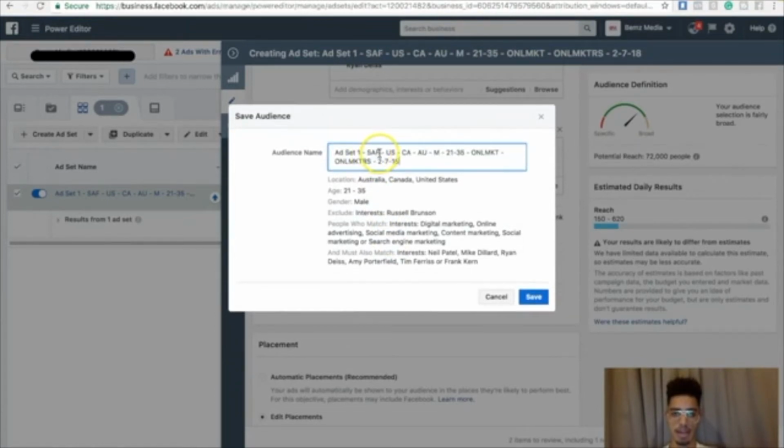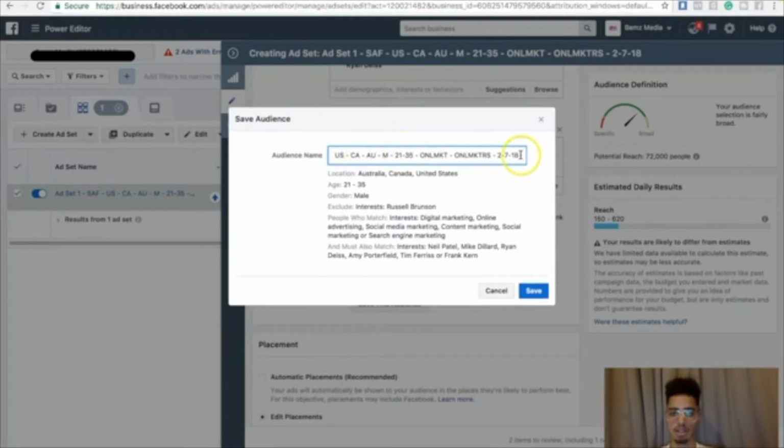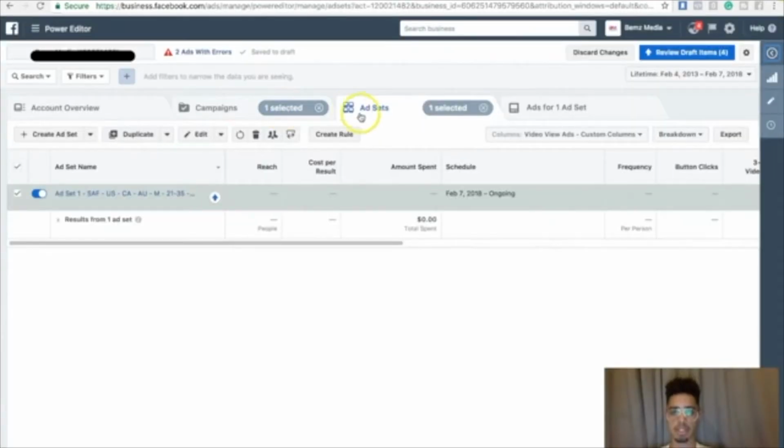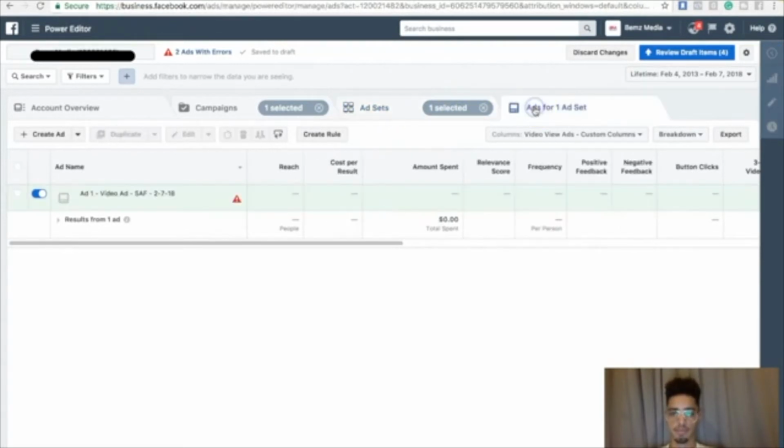And I don't need to put the ad set. I don't need to put the offer. I'm simply just saving the actual audience. And then you don't need the date for the audience. It's cost per clicks, website traffic. I'm going to be driving them to the sales funnel. Then the next step would be